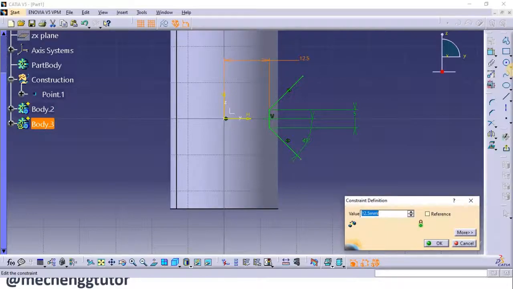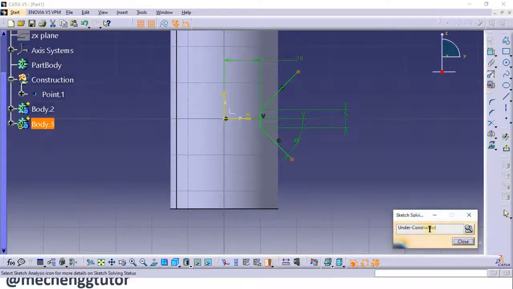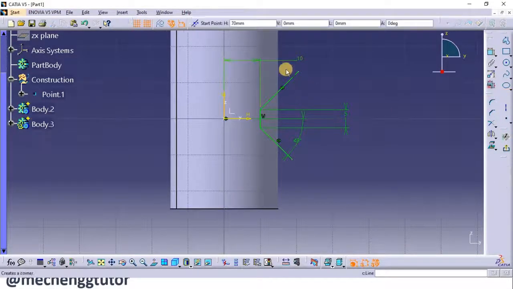So I want this, instead of 12.5, I want this as 10. So 10 mm depth is given. So this is drawn, but endpoints are under constraint. So if you see here in the sketch solving analysis, it is under constraint, that is the endpoints. So close it, go to a normal line and you draw this line over here.